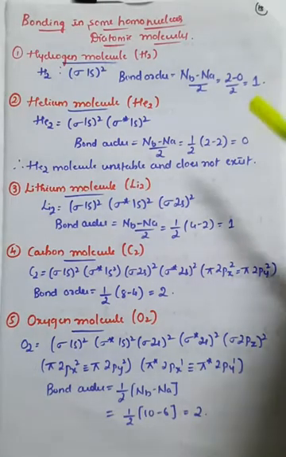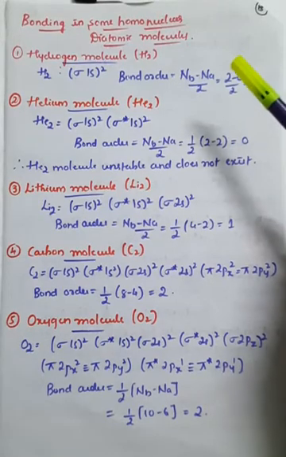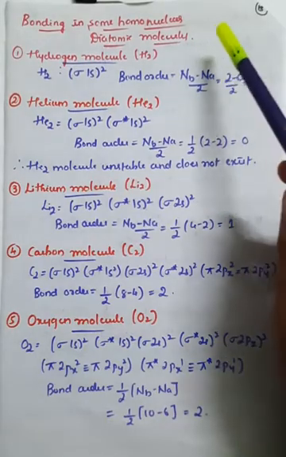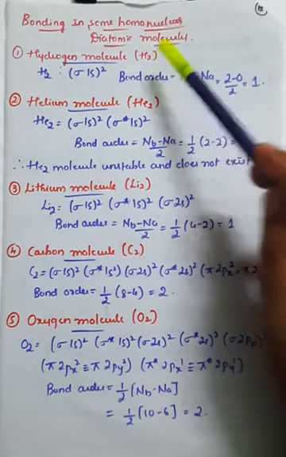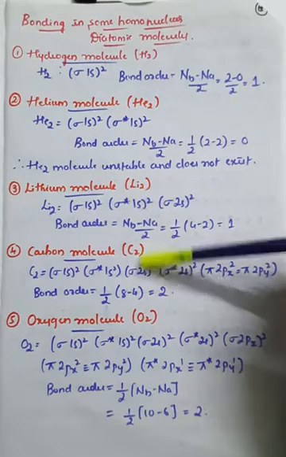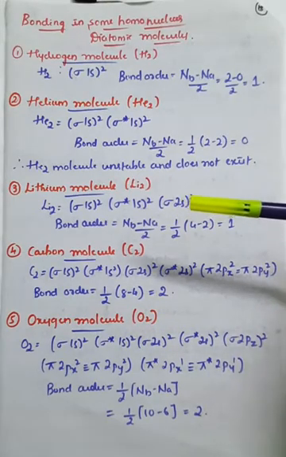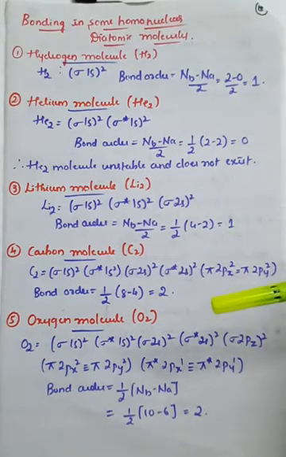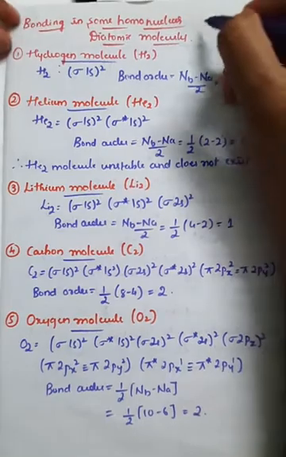So here are some examples regarding bonding in a homonuclear diatomic molecule. These are homonuclear, meaning the same atom combined with its own atom, so we call it diatomic, that is homonuclear. Observe here: H2, hydrogen bonded with hydrogen, helium with helium, lithium with lithium, carbon with carbon, that is C2, oxygen with oxygen, that is O2. If you calculate the bond order, whether it will be positive, negative or 0, these are some of the examples. Out of these, any one can be asked for 2 marks in the annual examination.